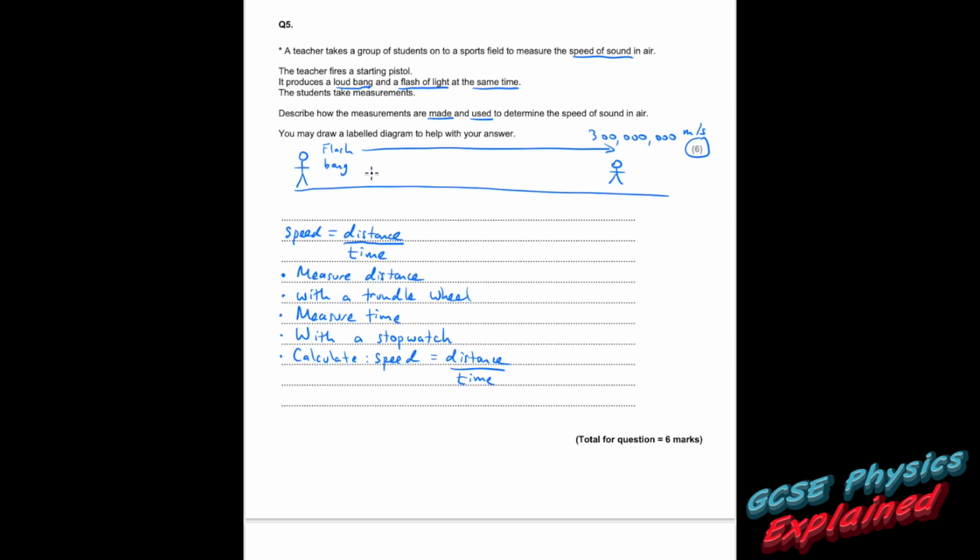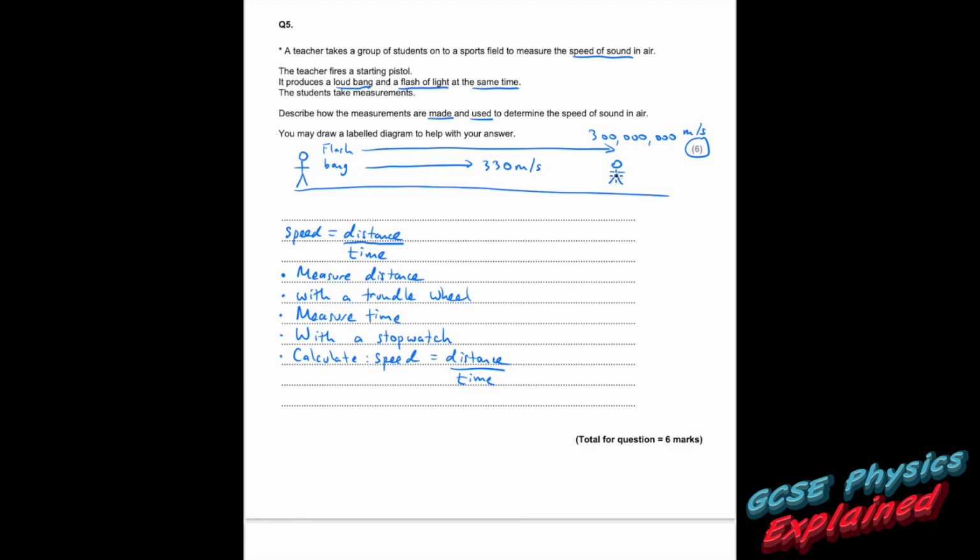However, the bang, which is sound, only travels at about 330 meters per second, so approximately 1,000,000 times slower. So if the student starts the stopwatch when they see the flash, and then they stop the stopwatch when they hear the bang a little bit later, that'll tell you how long it took for the sound to travel that